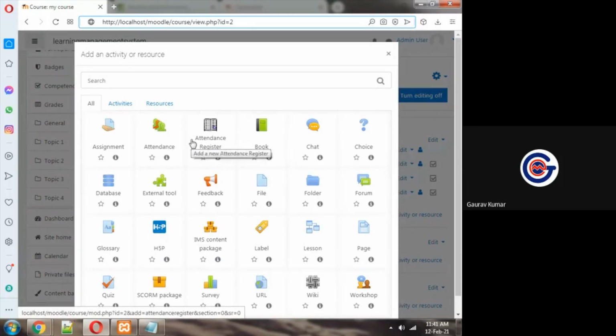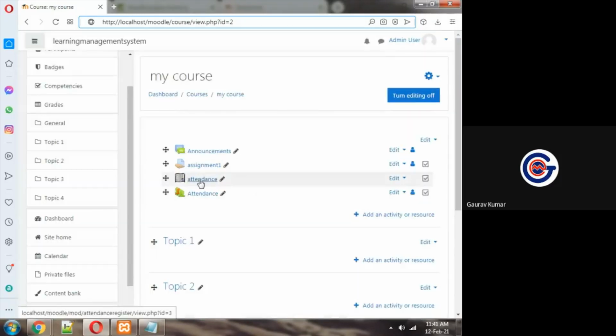Because on the free account of Genomio and Moodle Cloud, they were not allowing me to install additional plugins. I would have to pay for that. But in my own dedicated server, I have full control. I can do whatever I want. It is fully customizable without any payment. So I can integrate the attendance register.